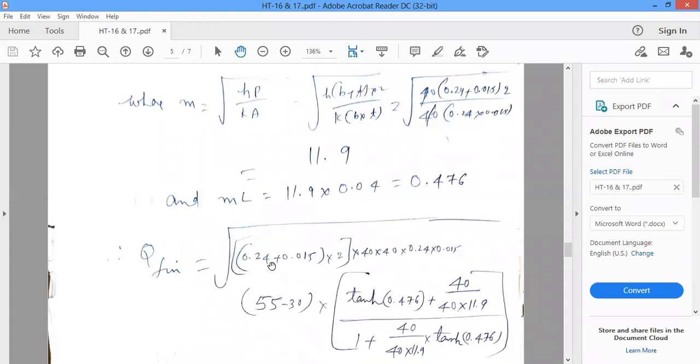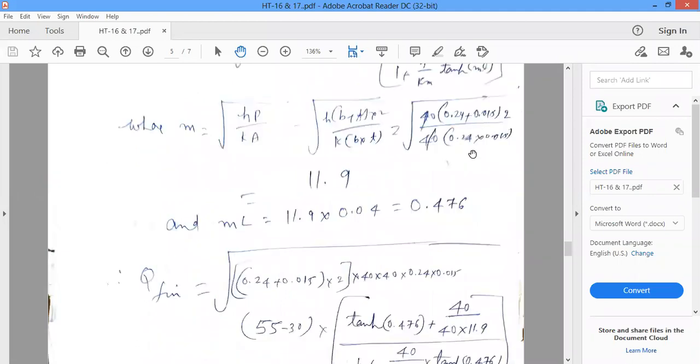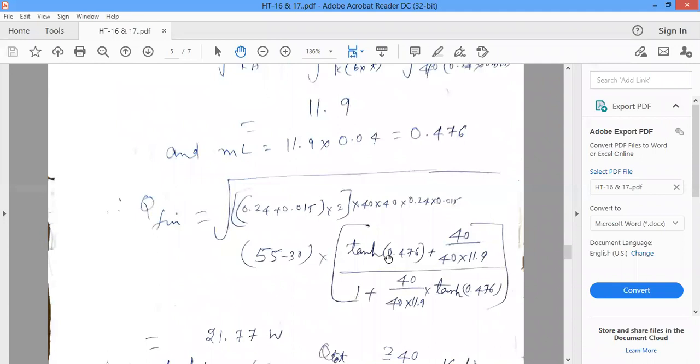P into 0.24 plus 0.015 into K 40, again 40 into cross section area 0.24 into 0.015 into T naught minus T free stream into T naught value 55 minus T free stream value 30 into tanh ml plus h by Km divided by 1 plus h by Km into tanh ml. So tanh ml value